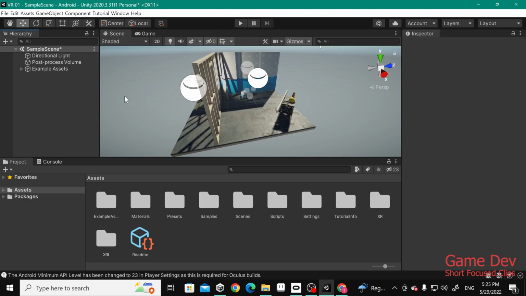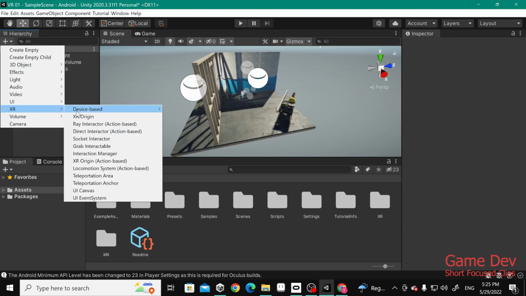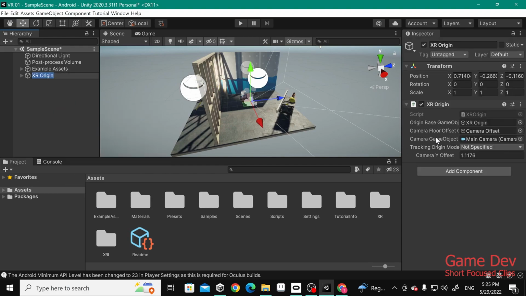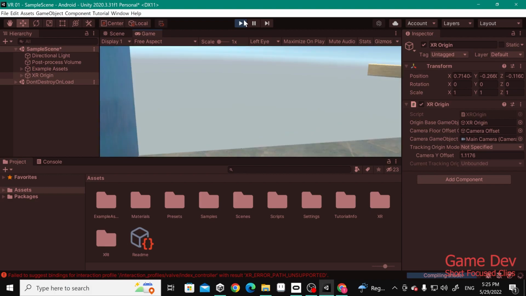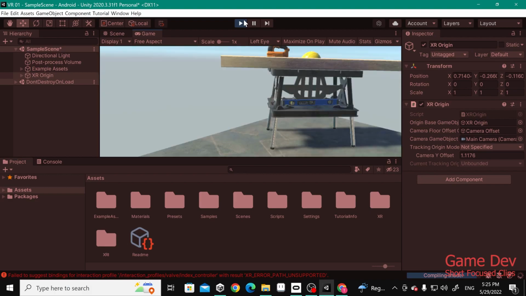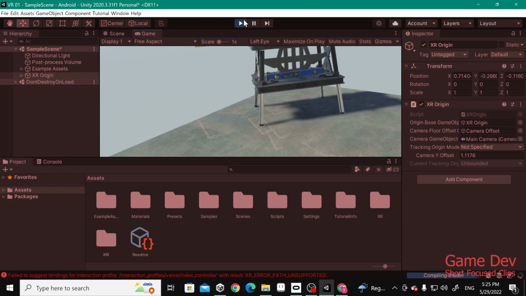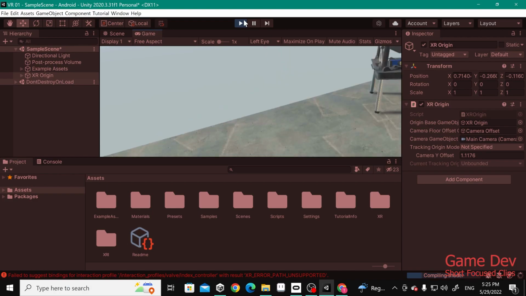Okay, so now to test the app, I'm going to add an XR origin. So go to the plus button, XR origin, and hit play. Okay, as you can see, I'm already in the VR, looking around, and we haven't added any movement or hand